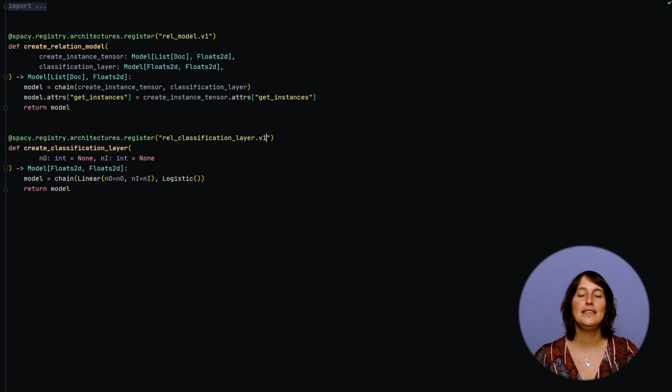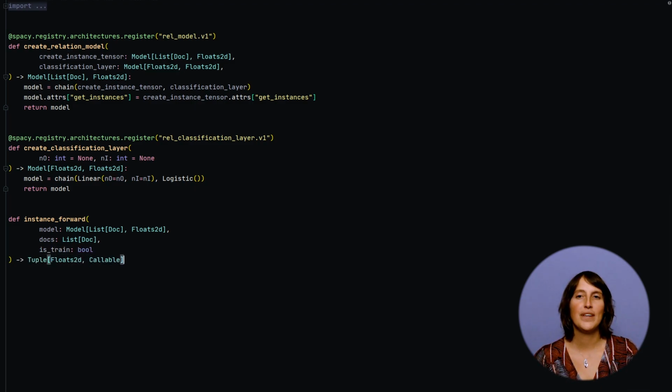The documentation has many technical details and background information, but in this video I'll show you how the code looks in practice. We start by implementing the forward function, which takes a reference to a Thinc model with the correct input and output types, the input list of documents, and a boolean specifying whether we're training or not. This is a standard signature of a forward function in Thinc. As we've seen on the schematic overview, this layer needs access to 3 helper functions: a tok2vec layer to produce token vectors, a pooling layer to summarize multiple token vectors into one entity vector, and a get_instances function that will define the candidate instances in a document.